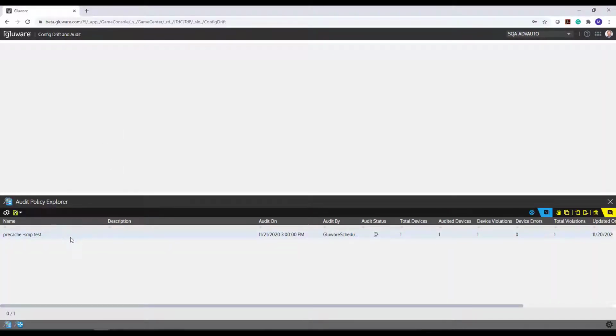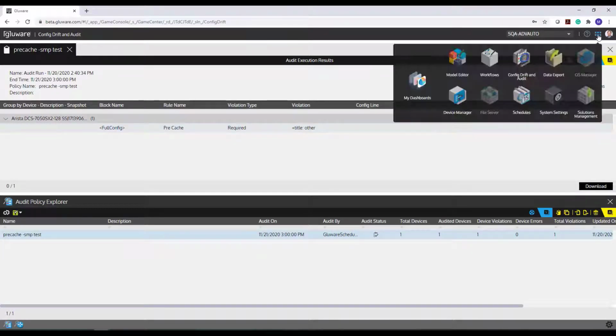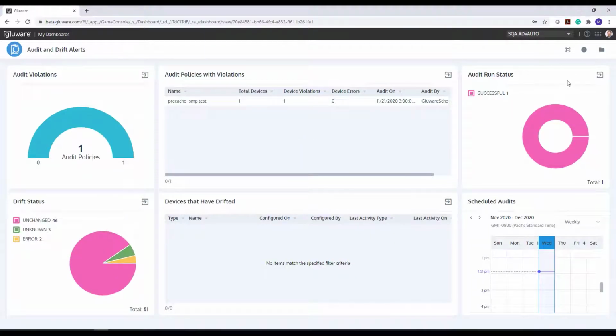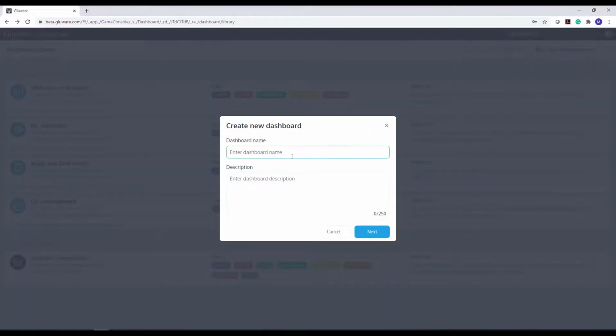Again, I can click in, it will navigate me into the audit, and I can navigate further in to see the details of that breakdown. Now let's jump again to the dashboards, and now we're going to go into the dashboard library. So you can see the default dashboards that are there,